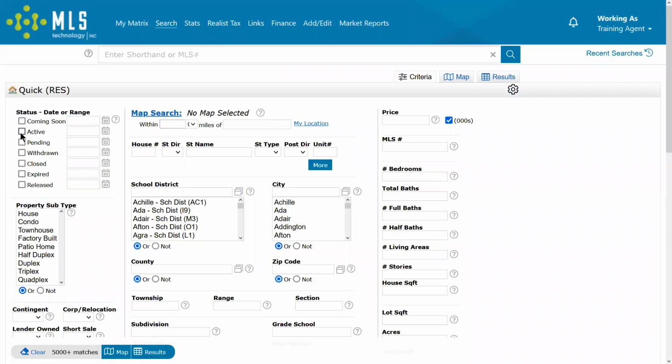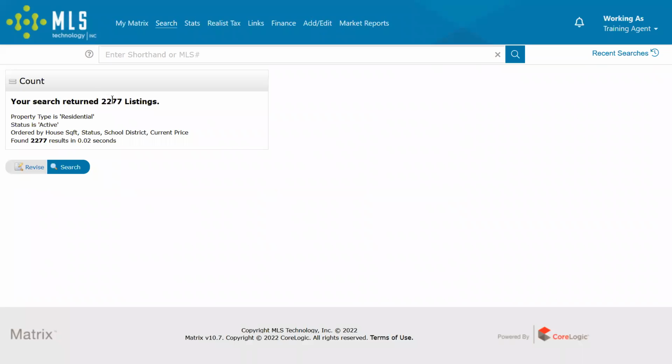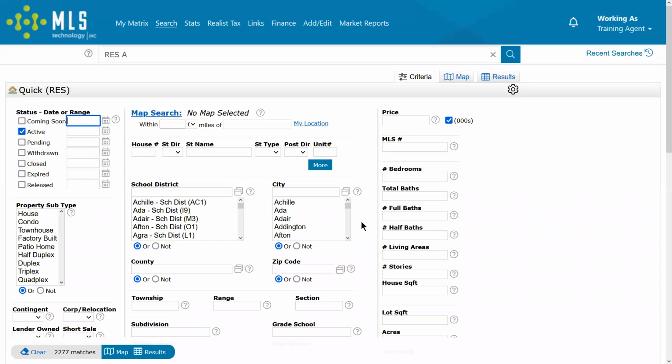If I end up doing a revision to this, like let's say, I check the checkbox for active again. Here we go. Back to the 2,277. Oh my gosh, there was literally a listing that was added in the last second. That's how our market's going right now, I guess. Anyway,